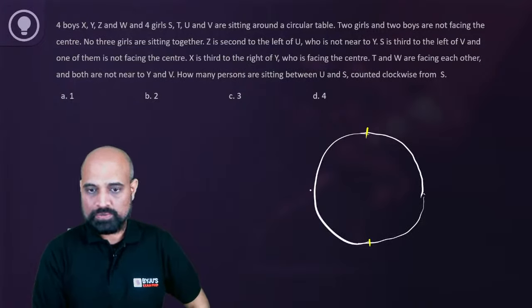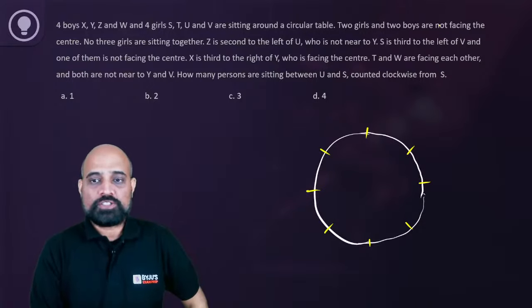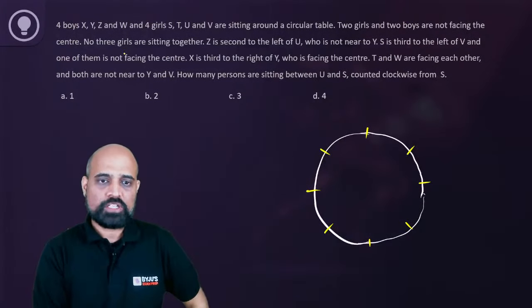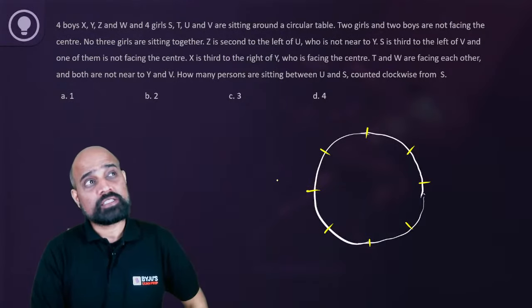1, 2, 3, 4, 5, 6, 7, 8. 2 girls and 2 boys are not facing the center, as in half of them are not facing the center. No 3 girls are sitting together. बोले तो 2 तो साथ बैठ सकती हैं, 3 नहीं बैठ सकती।